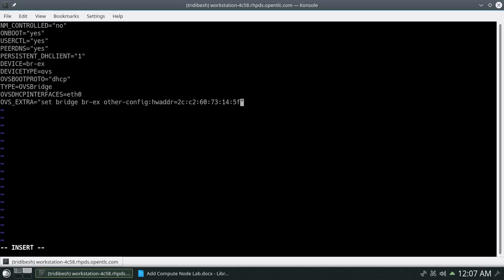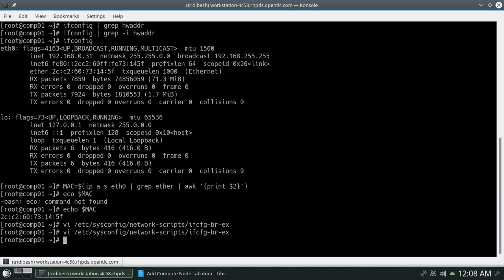Here we are using OVS, and boot protocol is DHCP. If you have a static IP, you can go ahead with static, and in that case you have to define the IP address, gateway and network address details in this file. Then we are giving the actual hardware address, it will be binding. In our case it is eth0. You have to verify which interface we are going to add to this br-ex interface as a backend interface, and put it here. Once you're done with that, save this file and come out.